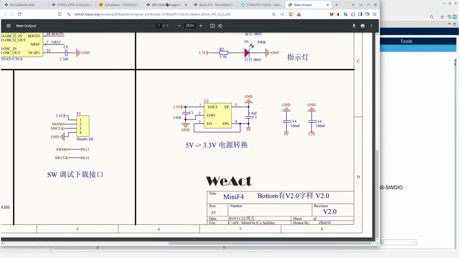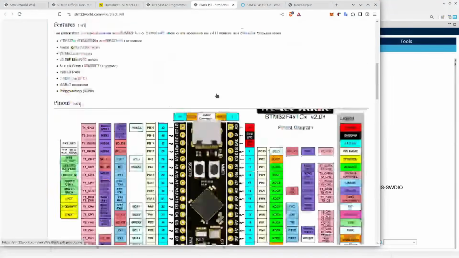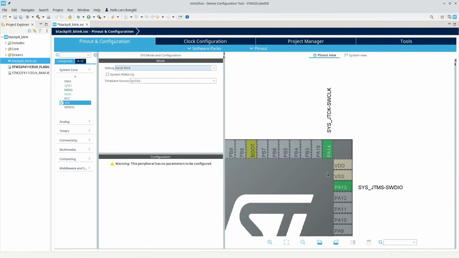If we look at the Black Pill pinout, you will see that the programming header is actually PA13 and PA14, which is lucky because those are exactly the pins that are connected to the serial debugging. Now I'm actually going to enable trace asynchronous